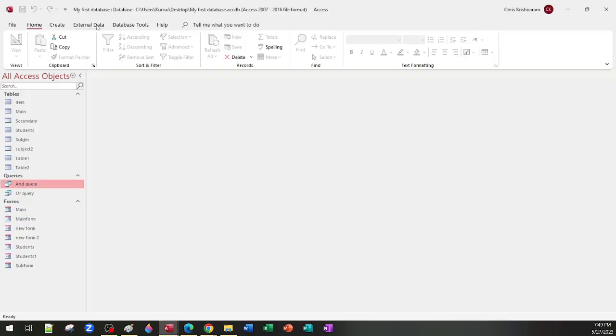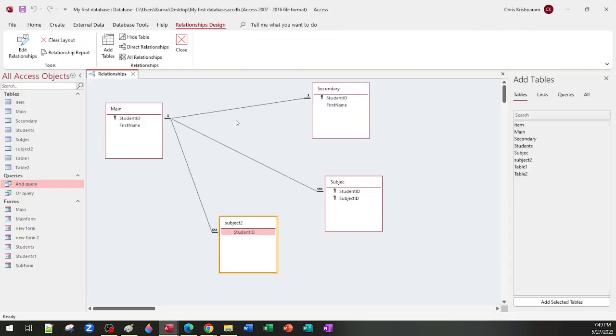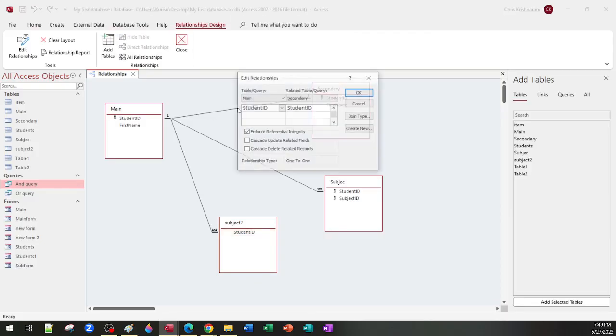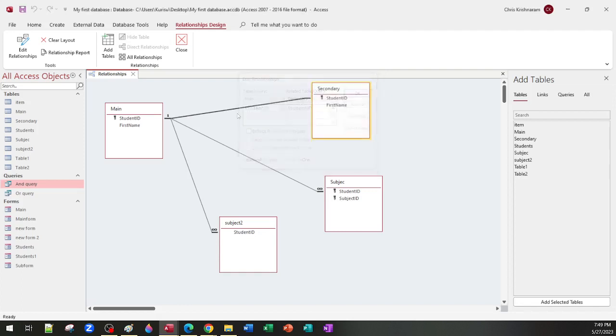Okay, so I was saying that referential integrity is basically two things. It is what allows you to create the type of relationship. So if I uncheck it or I never checked it, notice it's just a line and it doesn't have any numbers at the end of it. This only has a 1 here because of the other relationship. So notice this line here doesn't have any symbols at the end. So it's not a particular type of relationship. It is a relationship, but